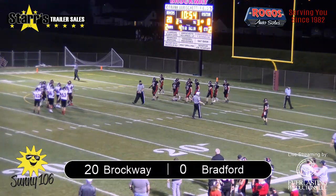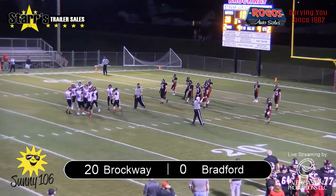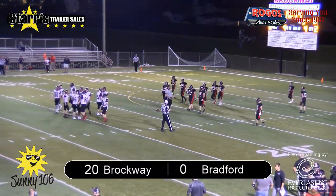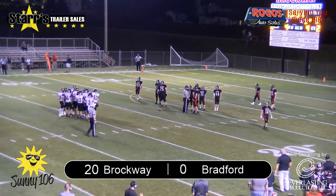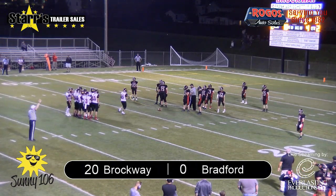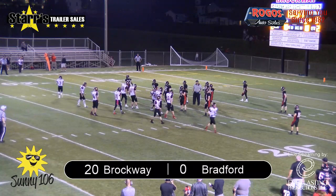We are back, trying to straighten out the technical difficulties here. So Bradford had scored from the 4-yard line. That was number 28, Sunafrank. But there was a penalty on the play, so that moves the ball back to about, let's see, the 17-yard line of Brockway. That's going to bring up a second down now and about 8 for